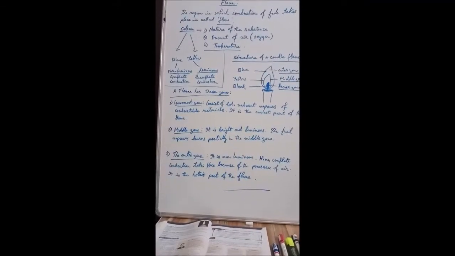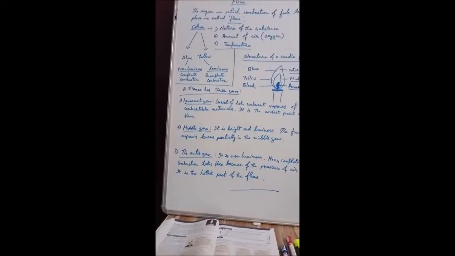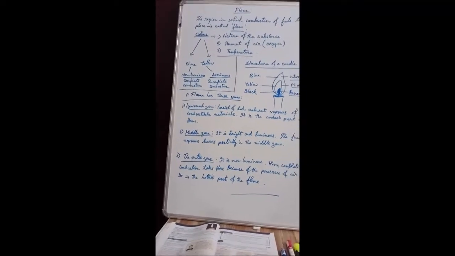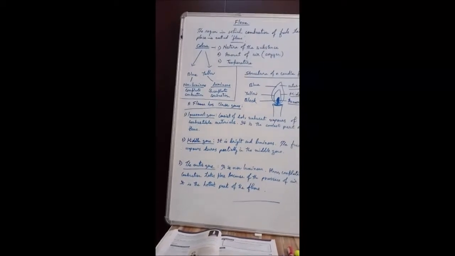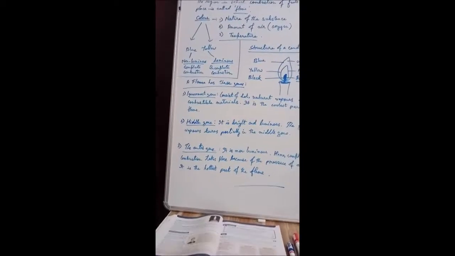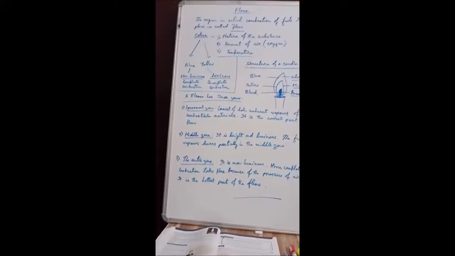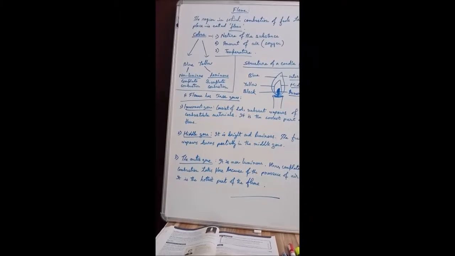Second one, the middle zone. The middle zone is yellow in color. The fuel vapors here burn partially. Partial combustion takes place in the middle zone. So the partial combustion of the fuel, the wax particles, in the middle zone